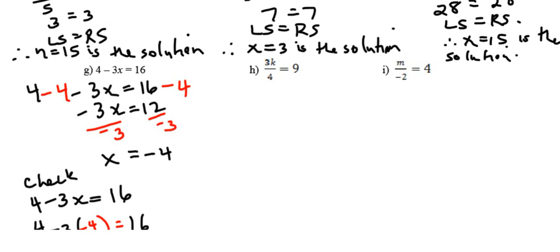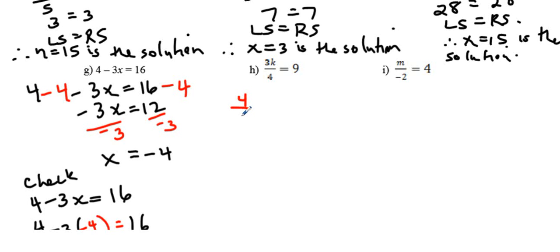Okay, for the next one, 3k divided by 4 equals 9. So you can think of this as k has been multiplied by 3 and divided by 4. And so the opposite of that would be to multiply by 4 and divide by 3. We can do that all in one step, believe it or not. We can multiply by 4 and divide by 3 in one step by just writing 4